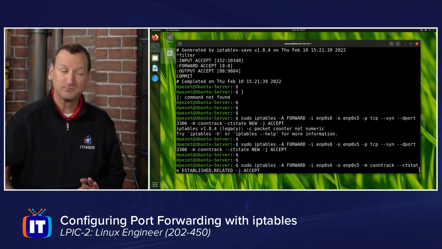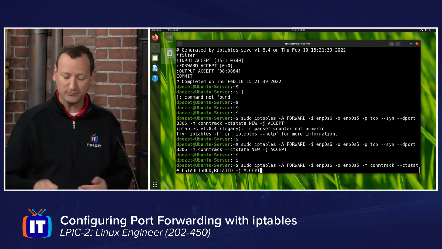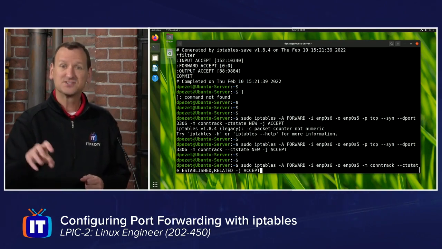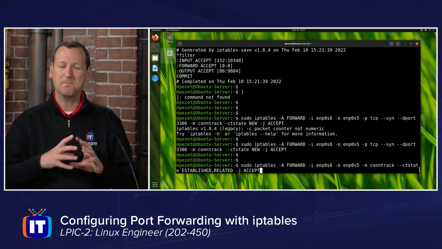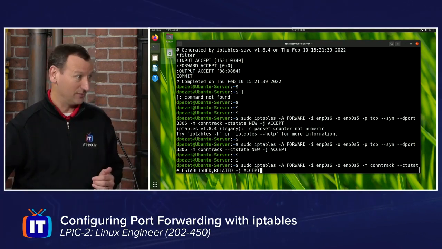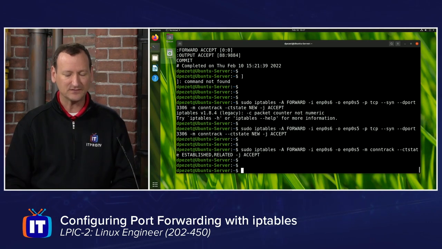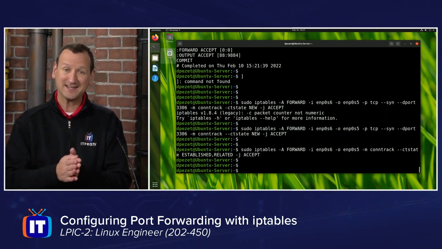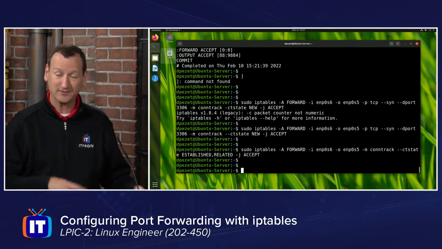I don't need to look at the ports and other things because this is a session that's already in place. The first command that I entered set up the connection tracking. The second command is now marrying that together with all of the follow-up packets. And so these are going to be allowed to come in as well. We're accepting those. And so now the initial packet and all follow-up packets are going to be allowed to pass through the router to be able to get to this